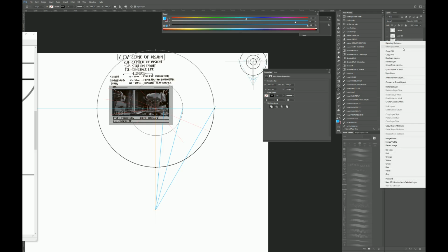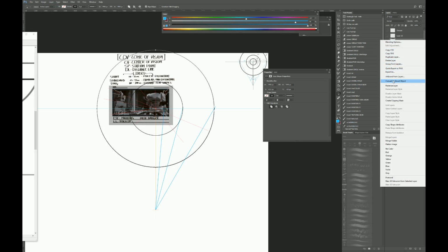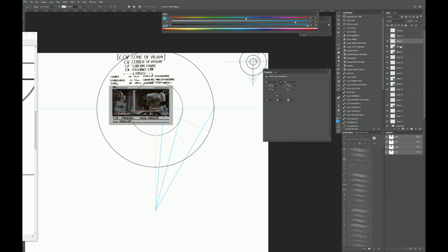I'm going to rasterize these. Sorry, the vectors are giving me some troubles here. I have to rasterize each one of these first. All right, so this is our